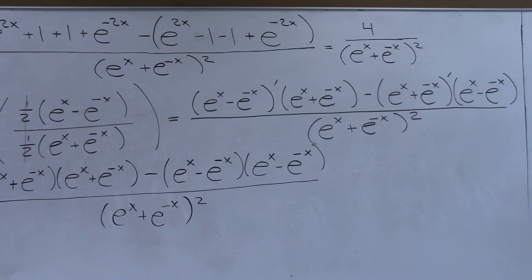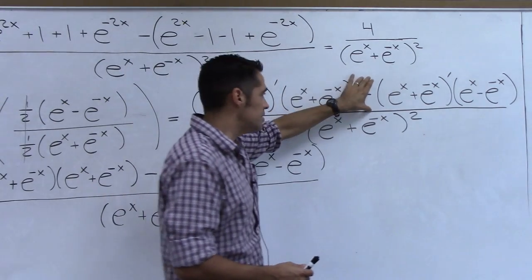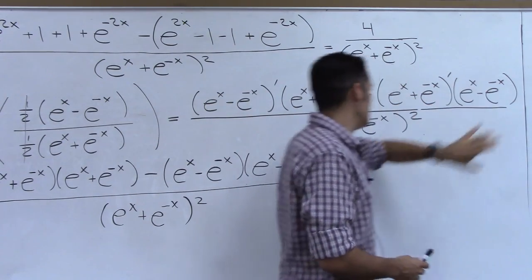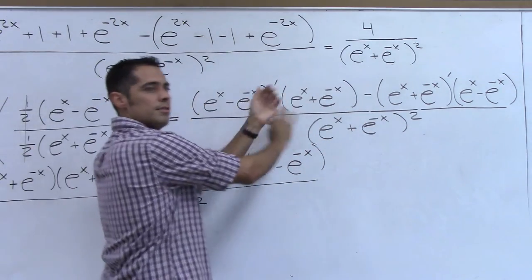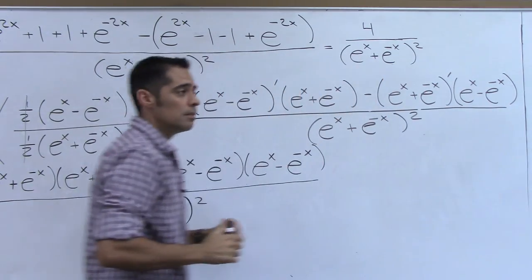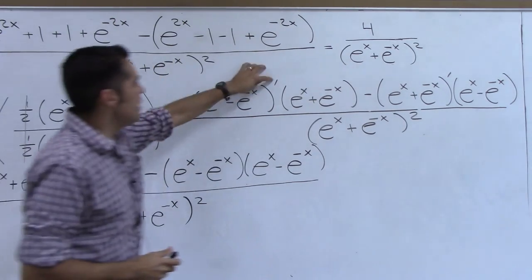There's a way. I think that's good. I'm going to just talk through it real quick. So here's what we've got. Tangent hyperbolic was sine hyperbolic over cosine hyperbolic. We canceled the 1/2. Quotient rule, right? We have a top function, a bottom function. The derivative of a quotient is the derivative of the top function times the bottom function minus the derivative of the bottom function times the top function, all over the bottom function squared. Depending on how you learned it, you may have learned that these are backwards and these are different. It just depends on your instructor. But at the end, we multiply it all together. We should all get the same thing. So this little prime mark means I need to take the derivative.